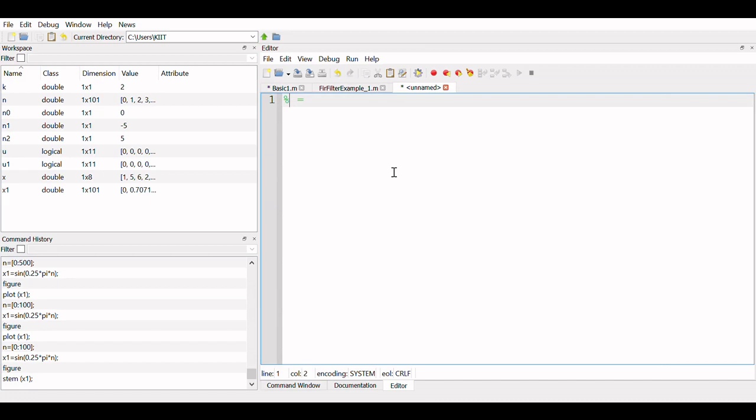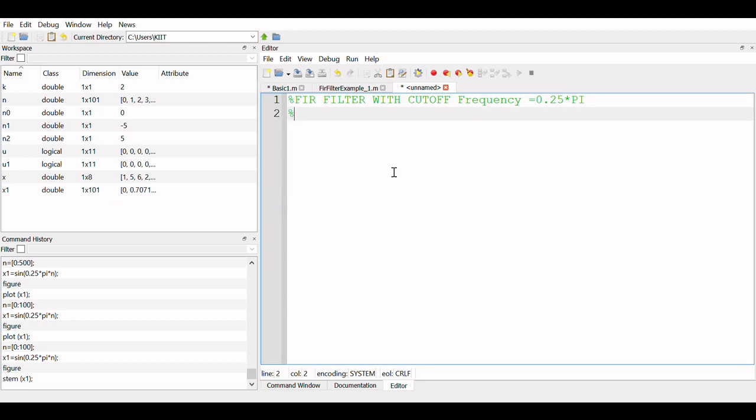So suppose I want to generate a FIR filter with cutoff frequency equal to 0.25 into pi, or let it be pi by 4, and I have a filter length given to me.